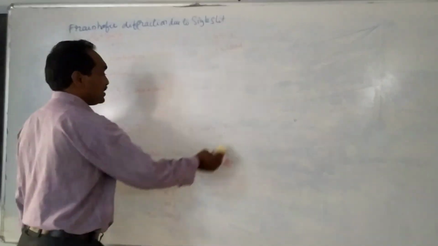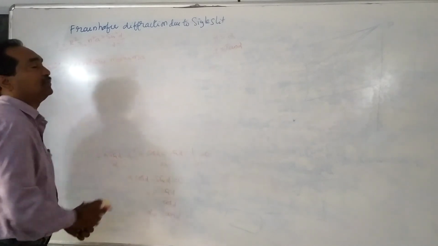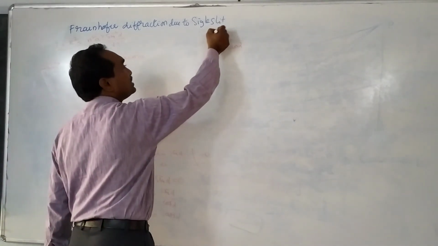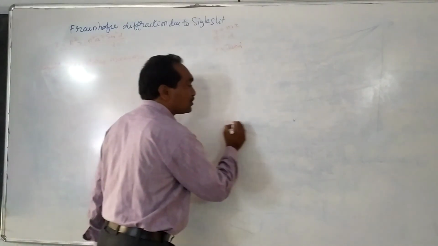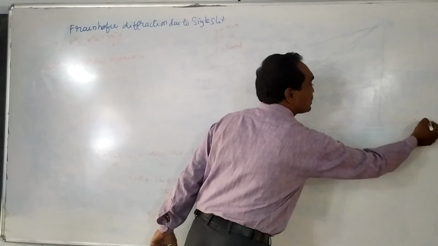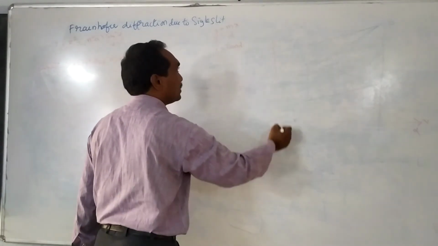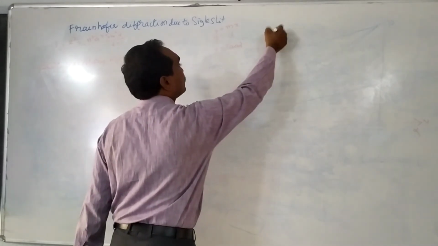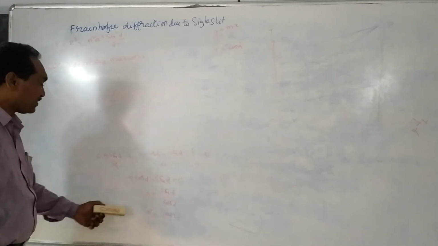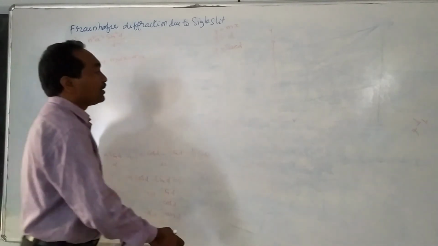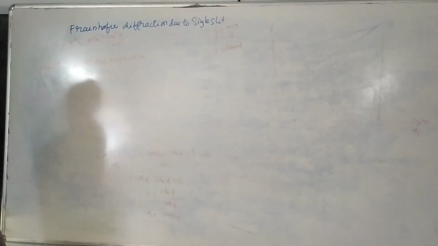So what is the graph which has the condition of y equal to alpha? Y is equal to alpha. This is like y is equal to mx, because we take alpha on the x-axis and y on the y-axis. Just like y is equal to alpha, this is y is equal to mx, where m is equal to 1.